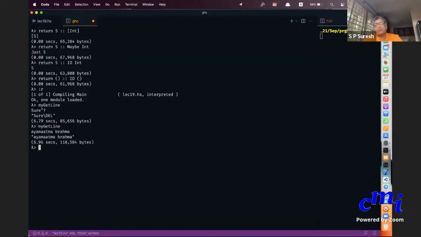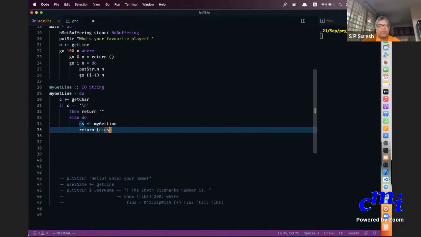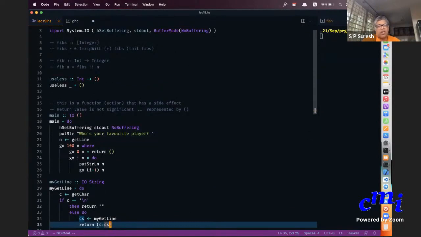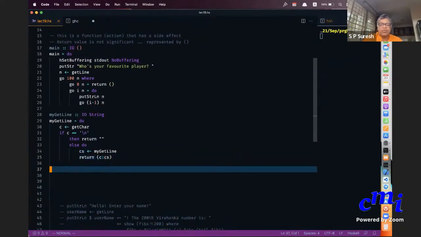You write something, it will read the whole line and return it as a string. Great, so that is my get line. Let's try to read and write something 100 times. Pointless task, but still, for that I need to implement something called n times, which I have written in the code.